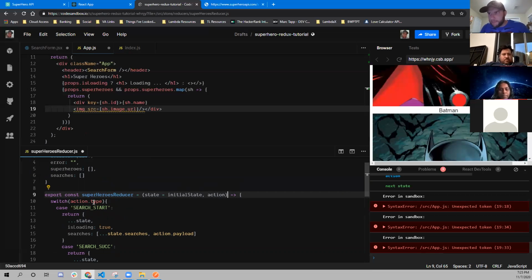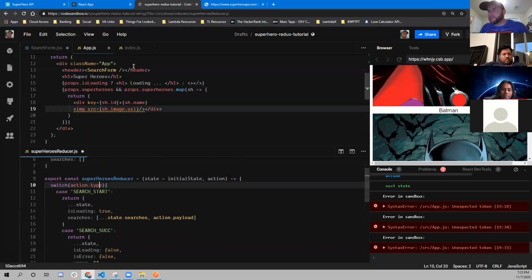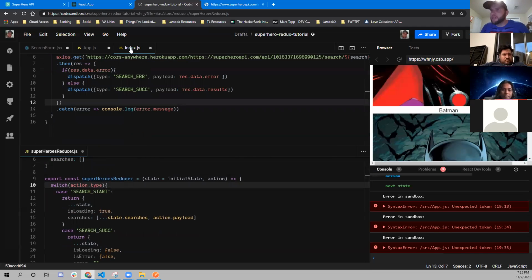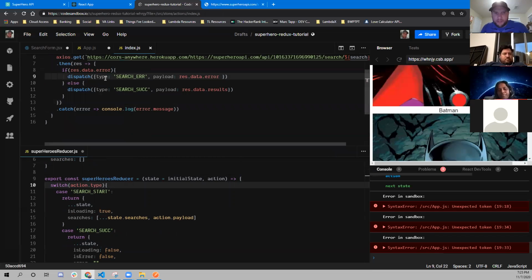If I called this type something else, like typo, right, then I would just have to make sure that every time I did a dispatch, this right here was typo instead of type. So you're creating that object by doing this. If you have no payload,